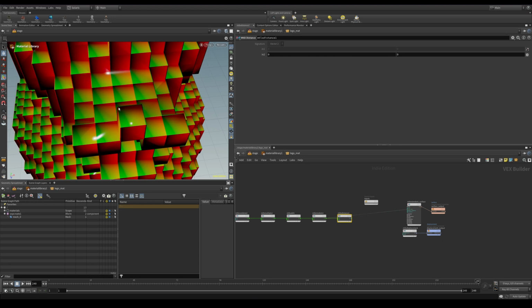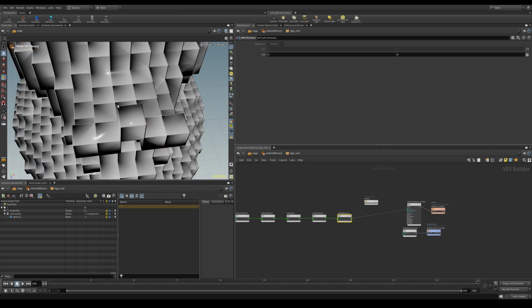So the one corner, I believe this corner might be 0, and then this is 1 in the x-axis, this is 1 in the y-axis, and this top corner is 1 in x and y. So it's comparing the distance of this vector 0, 0, which would be at the corner of the tile, and hence we see this corner is getting darker.